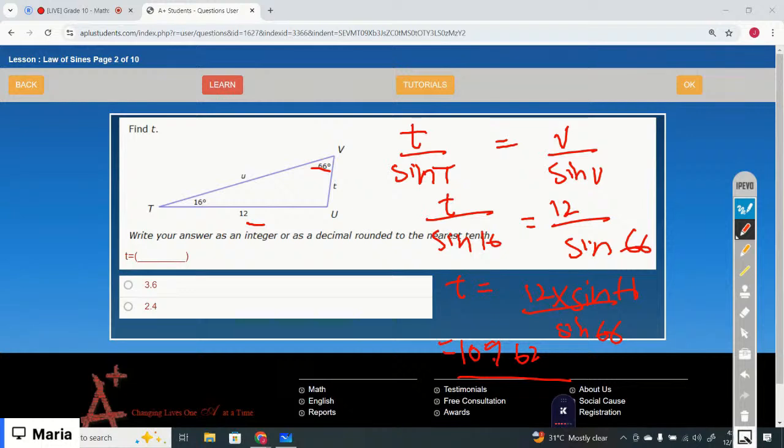So let's just divide 10.962 divided by 0.9135. So the correct option is,